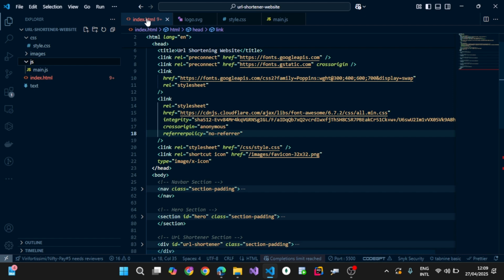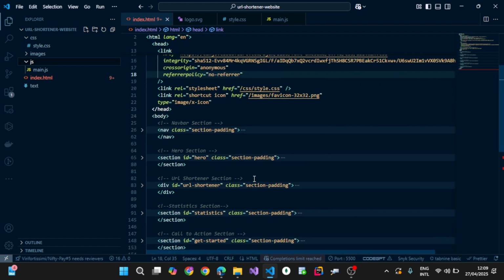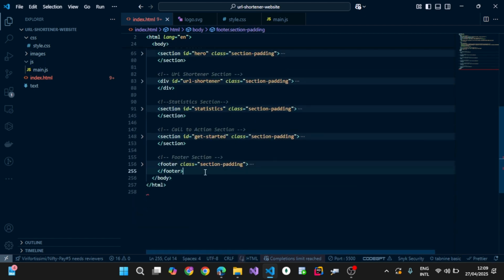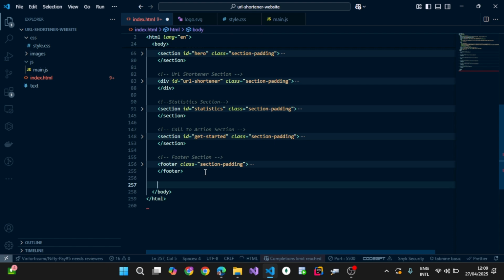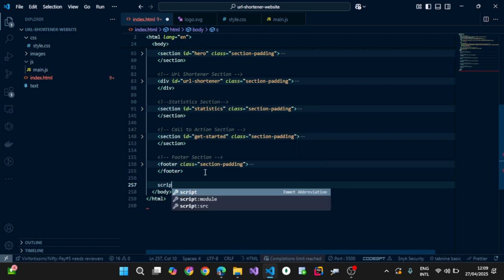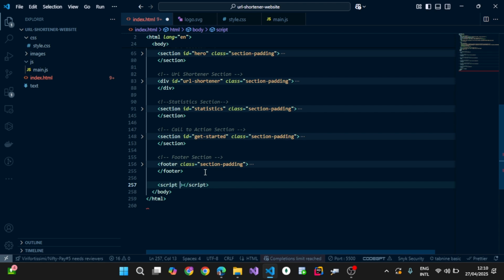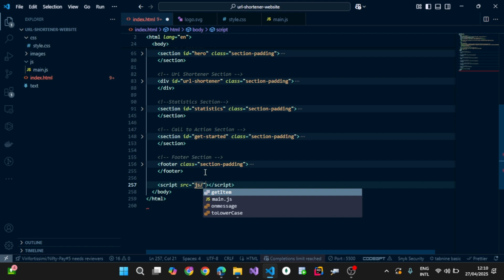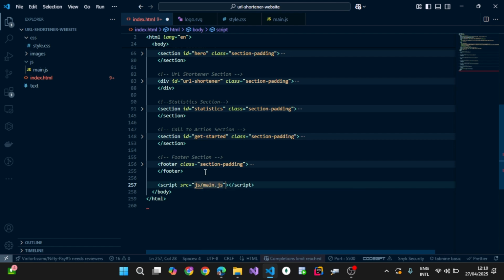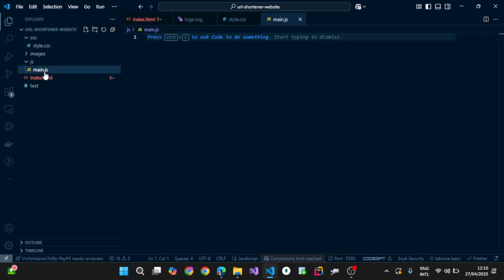And inside of our JS file, we have a main.js file. And we're going to come into our index.html file, which we're already here. And inside of the body at the tail end, we're going to add a script tag. And inside of script, we're going to have a src. And it's going to be the directory of our JS file. We're going to save that. And inside of our main.js file, so for the mobile menu,